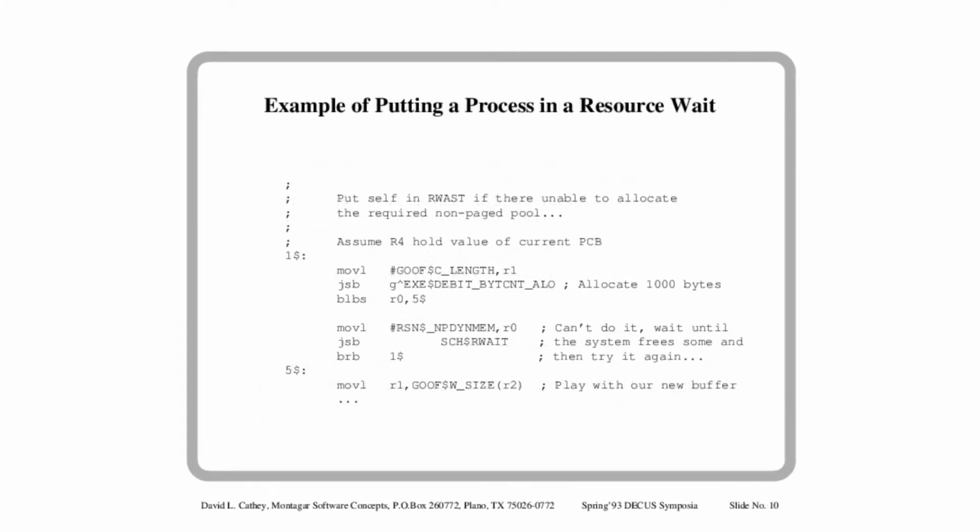Here's an example you might see in various pieces of the executive of getting a process into a wait state. Go off and allocate, byte count allocate. We want to allocate some byte limit, but we also want to make sure that our process quota or our job quota inside our JIB is debited with that amount of quota, because this is a pooled quota across all our processes. We need to do that as a separate routine because of the way SMP is working. They have a special routine for that, so it will deduct the amount